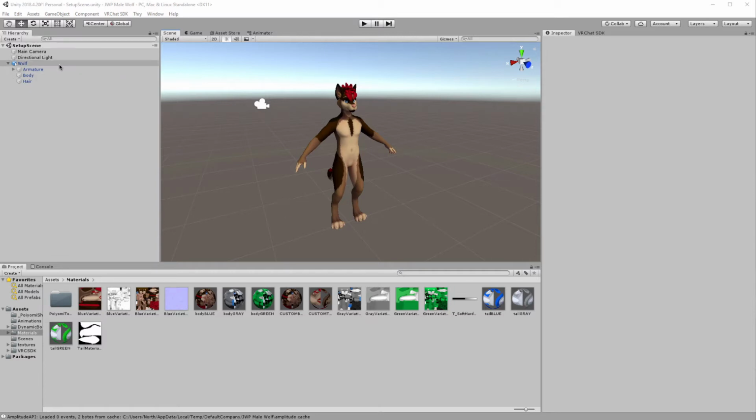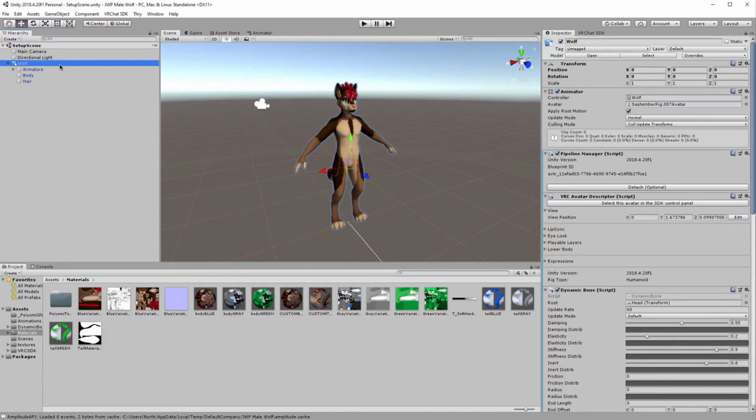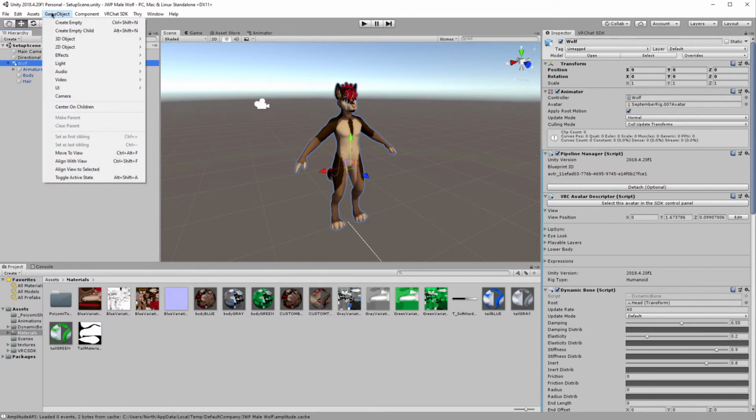So we're going to go ahead and select the wolf here. And again, whatever model you have, you'll select the model that you want to resize. And you can see on this side we have a scale option. So before we actually scale anything, we want to add something to the scene that we can use to test the scale. Otherwise, I could be 1 inch tall right now and you wouldn't know it, right? So I'm going to go to Game Object, and we'll create a 3D object, and we'll create